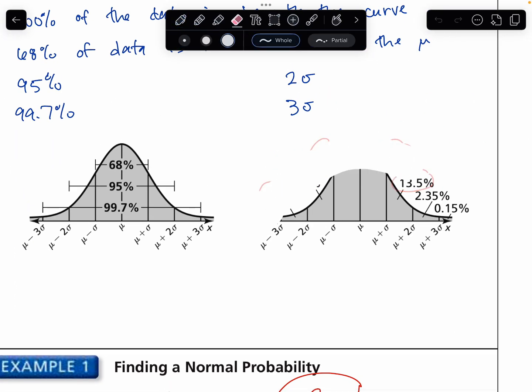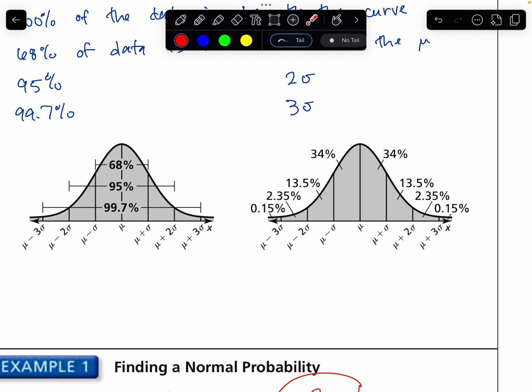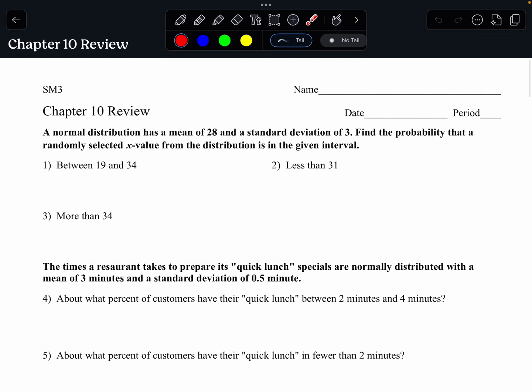If you have data that's normally distributed, meaning that it is symmetrical, and you have the mean and the standard deviation, you can find probabilities that a randomly selected data value is within exactly 1, 2, or 3 standard deviations. So you can use that to estimate the probability of selecting a data value, or you can use the Desmos function,